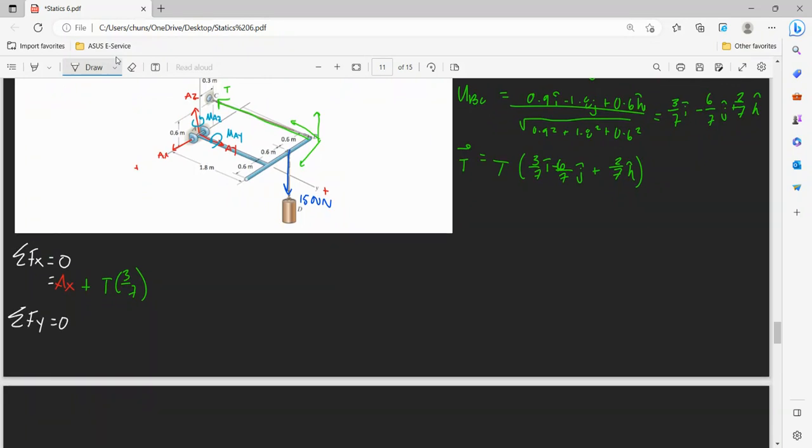Fy is equal to 0. So this is equal to AY and minus our 6 over 7 T